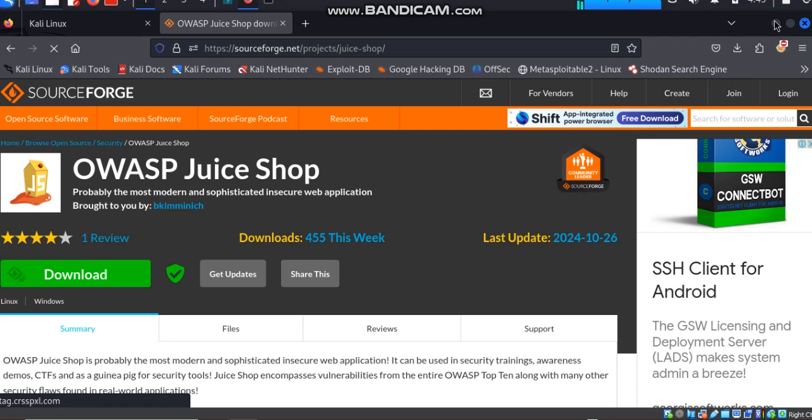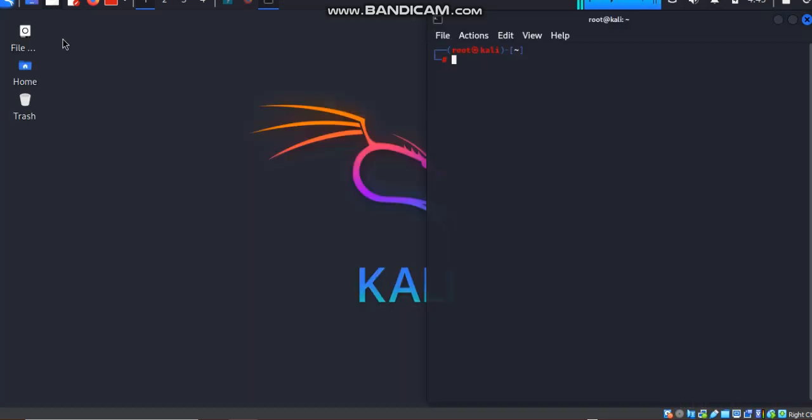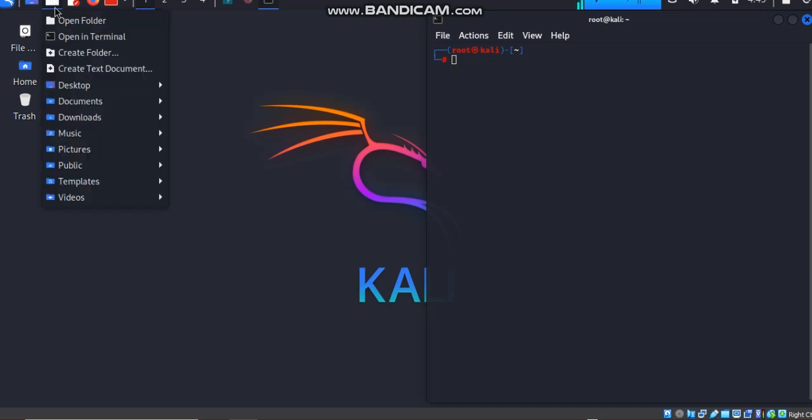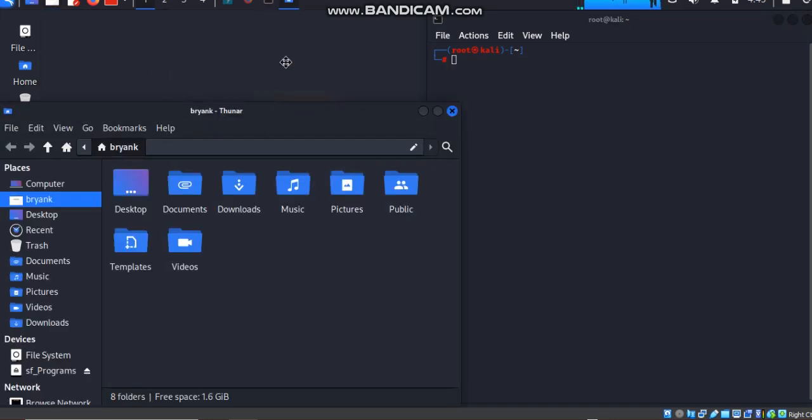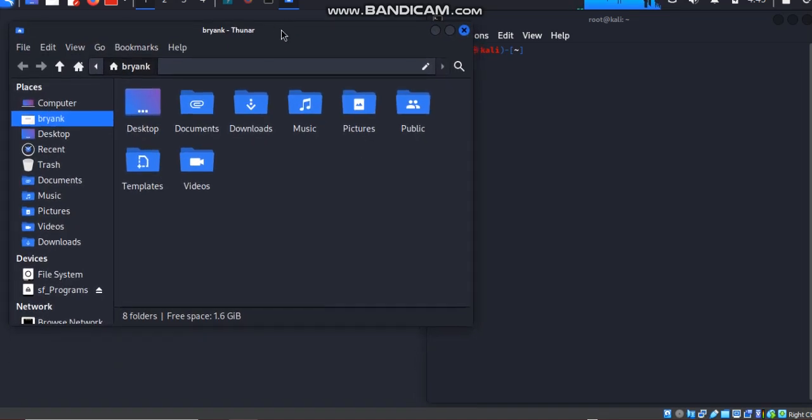When you go to your home, your folders, let's click folder, open folder. You will see the downloaded copy of it, but it's going to come in a zip file or archive file. When you go to download, it will be inside your download folder, hopefully. So this is it. It's going to come in as a zip folder.